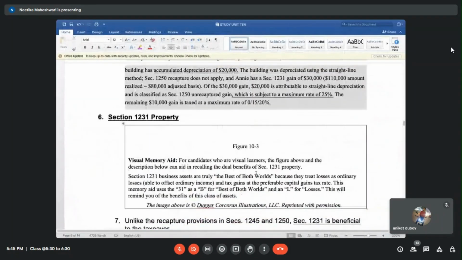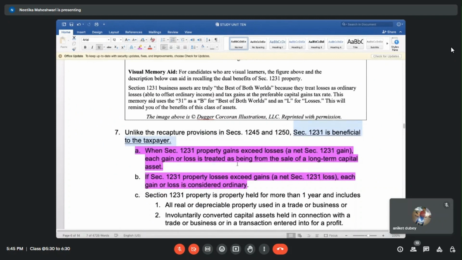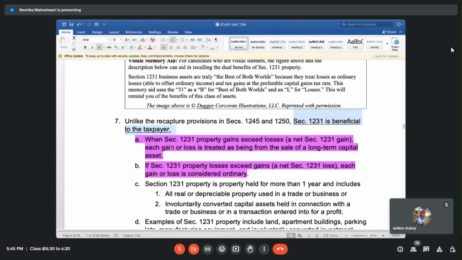Unlike the recapture provisions, section 1245 and 1250, section 1231 is beneficial to the taxpayer. We have already seen that it's like best of both the worlds. This is really what one should aim for, or one should plan for, how to get the section 1231 gains. And there are certain couple other rules. Let's go over that. When section 1231 gains exceed losses,